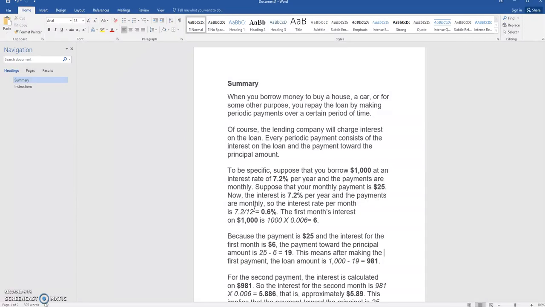So we need to first take that 7.2 divided by 12 to determine what the monthly interest rate is. Once we calculate the monthly interest rate by taking 7.2 divided by 12, which is 0.6%, the first month's interest on $1,000 is